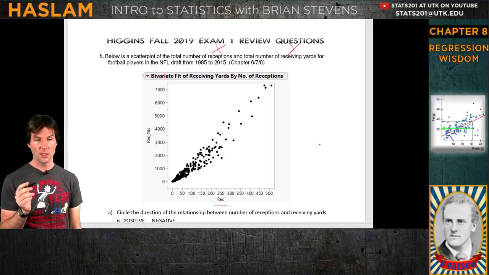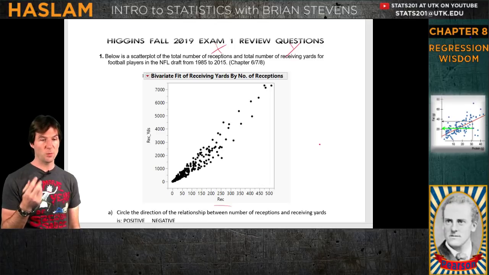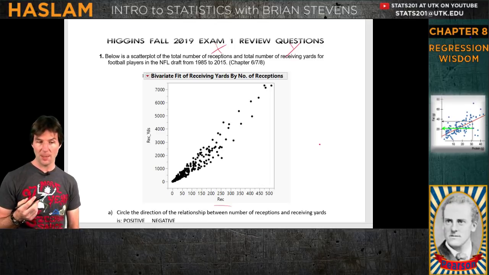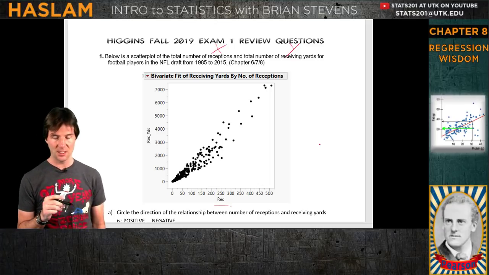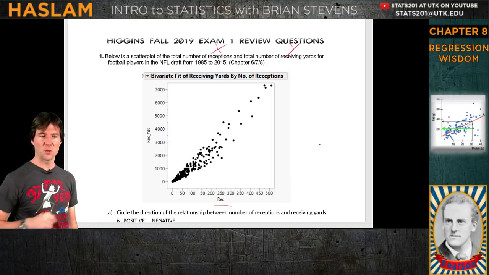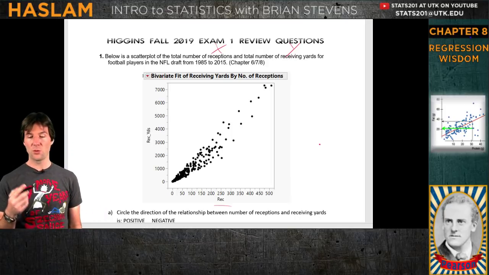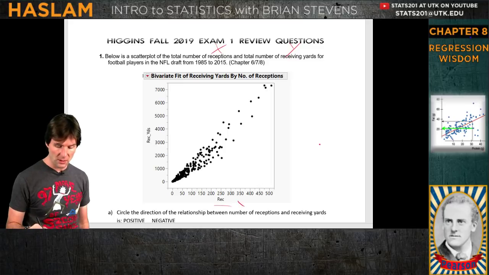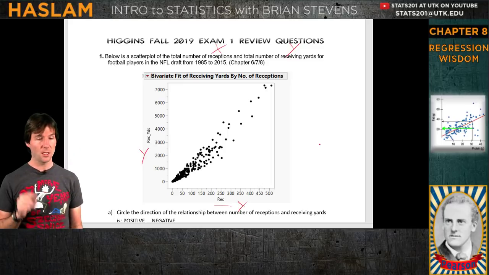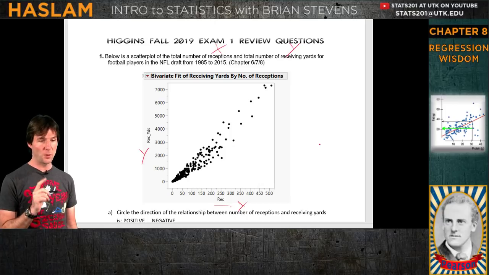So the X variable, which is doing the explaining, is the number of receptions. And please tell me if I make mistakes on this, because I've looked over this and I was like, oh, we can do these problems. And then the Y variable is receiving yards. We can see this right here. This is X and this is Y. Mark up your test. Do as much as you can to make it very clear what the answers are going to be when you get to them.